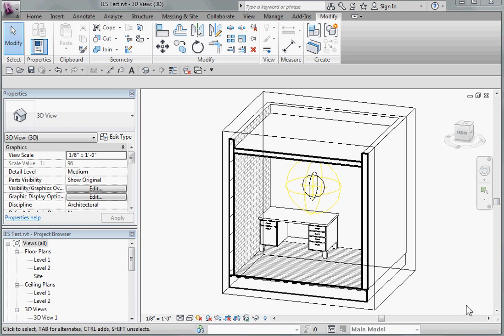Here we are again with another video. We've been getting a lot of questions specifically about lighting and how to make lighting a little more realistic in Revit. So we're going to cover a couple of things here. And the first thing is I made just a little room with a desk in it so we could do